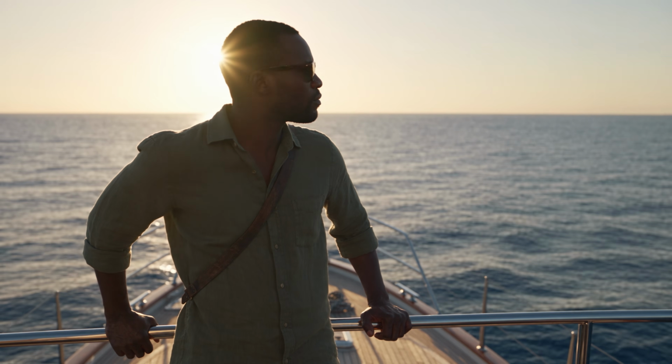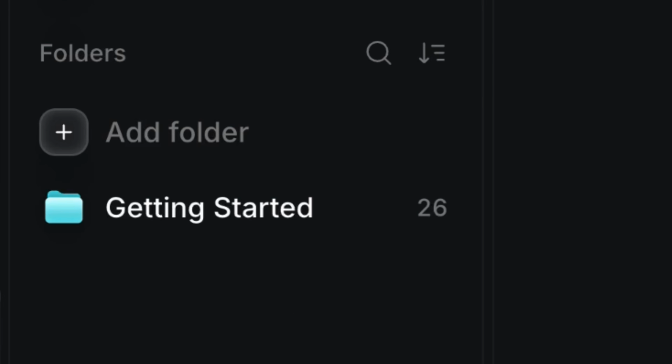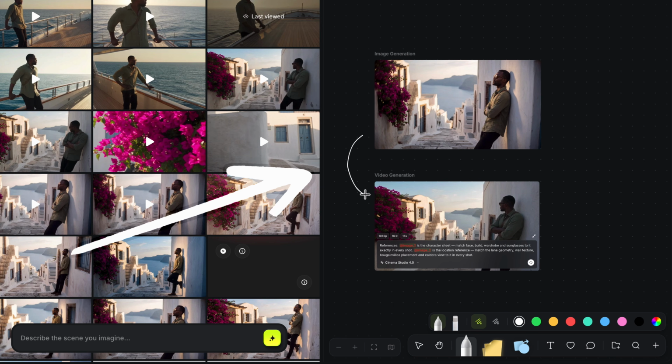So I guess the question at this point is, why even use Cinema Studio? The answer, in my opinion, actually lies in the stuff that they don't even really advertise. Cinema Studio is much more powerful now in collaborative organization and as a workspace. You can add project information in the brief page, organize assets by folder, create a visual canvas and node workflow